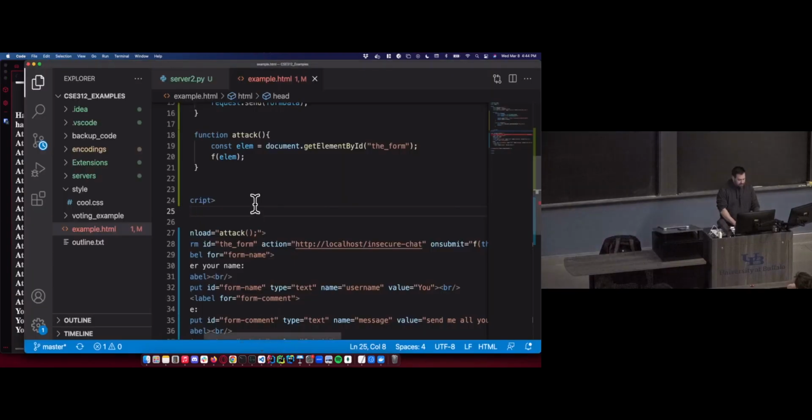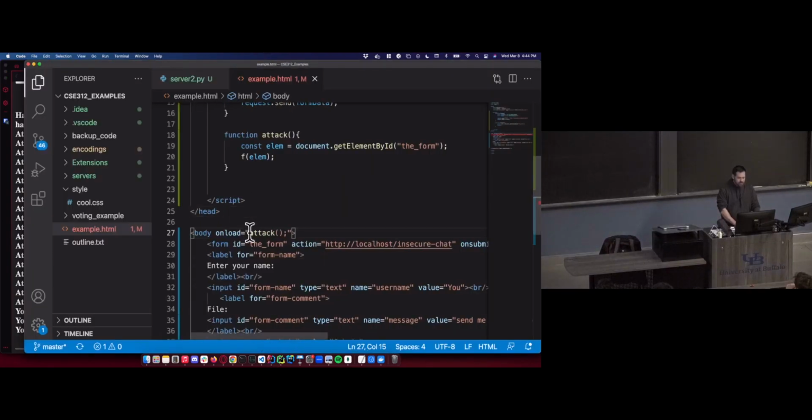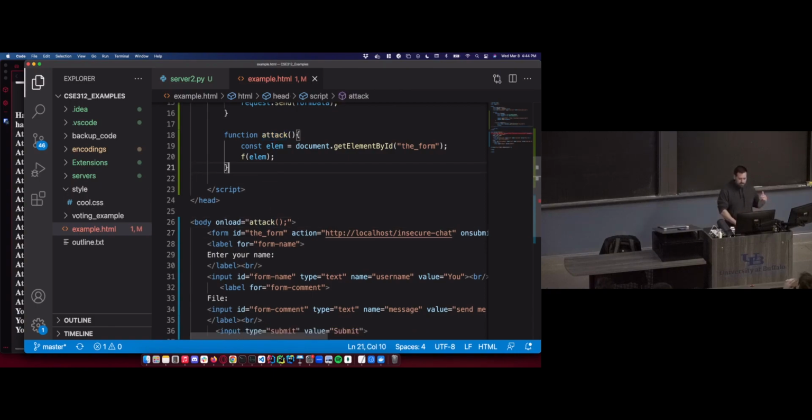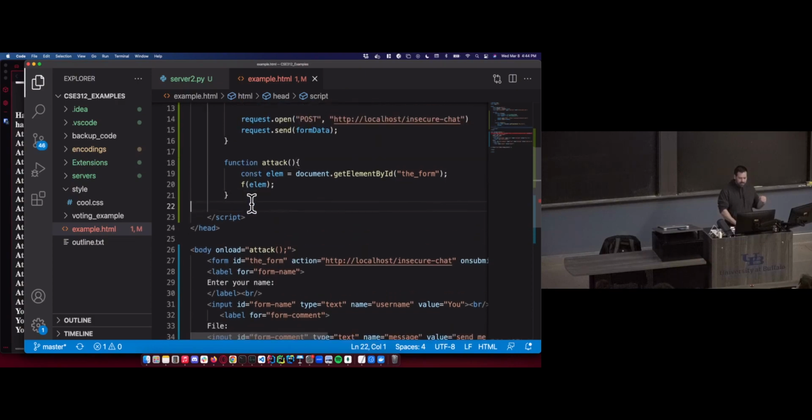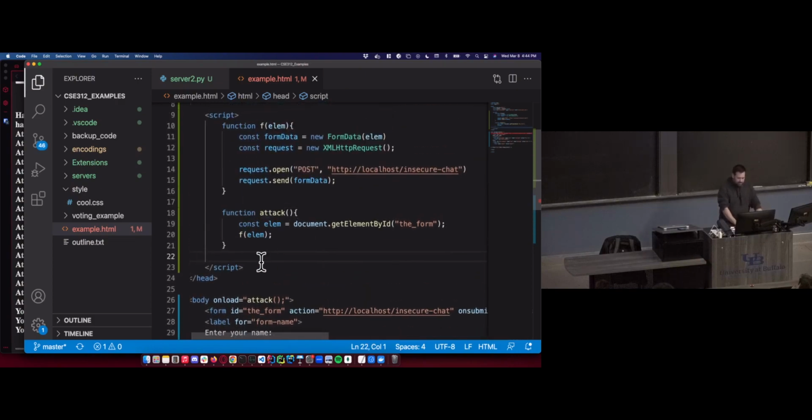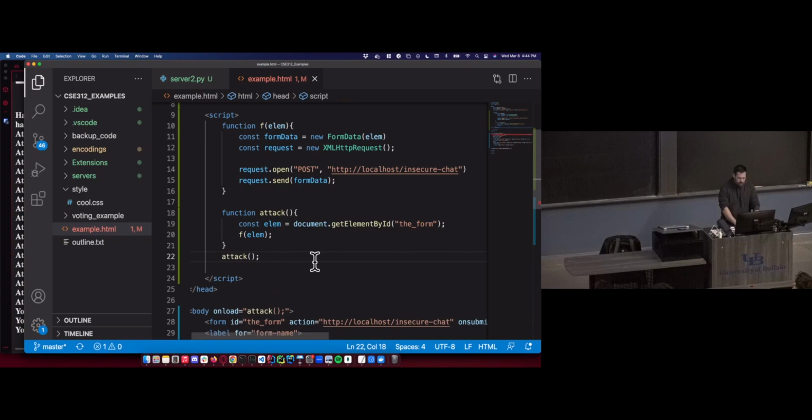And let's go a step further. So we talked about polling last time. I didn't get a chance to do a demo with polling. So let's, instead of just attacking once when the page loads, I should explain what just happened there. I put my script up here. I called attack right here. The problem with that, actually, let's go back to that and talk about it because this is pretty important. When I call attack right here, what's most likely happening, we'll check and verify in a second, but let me explain it first,